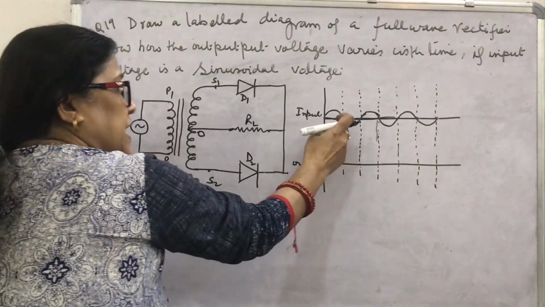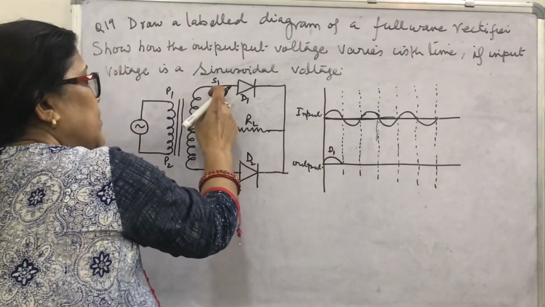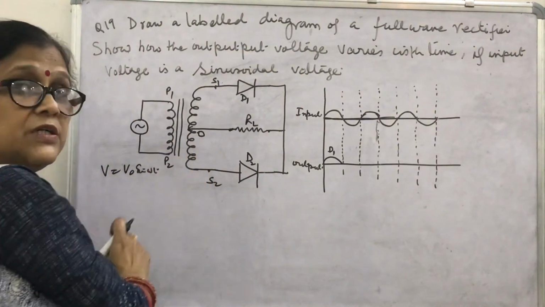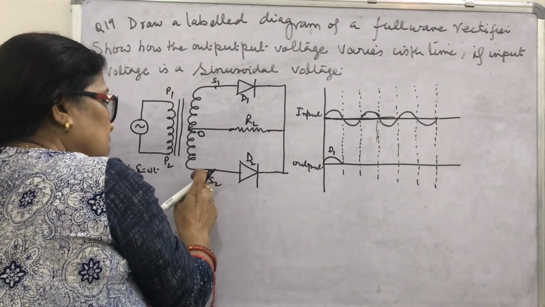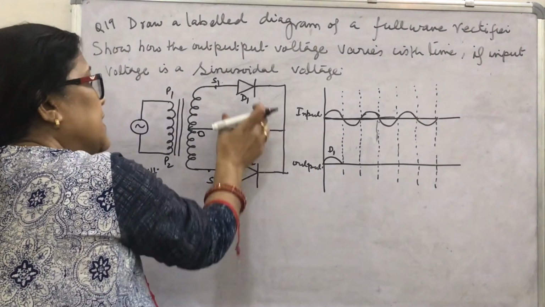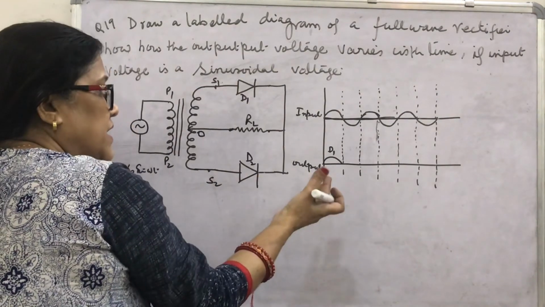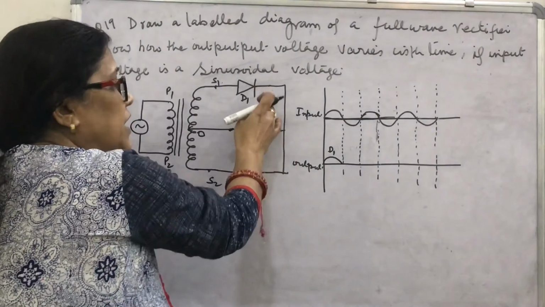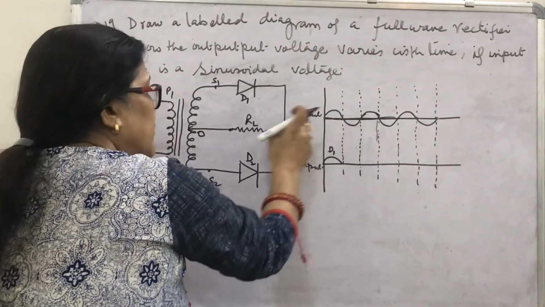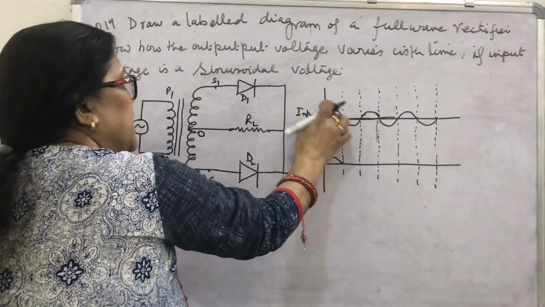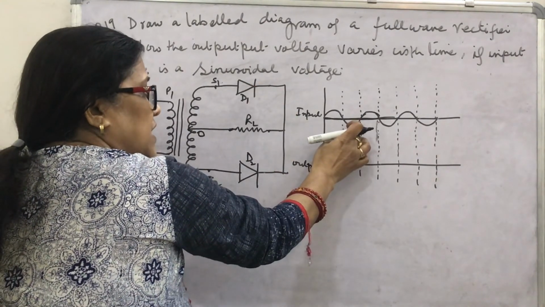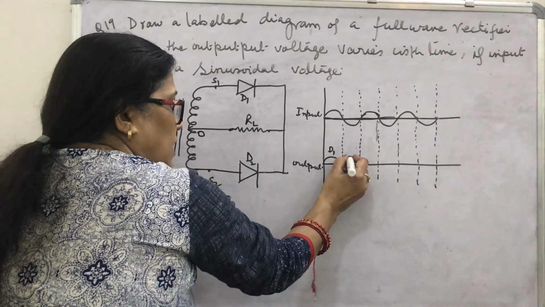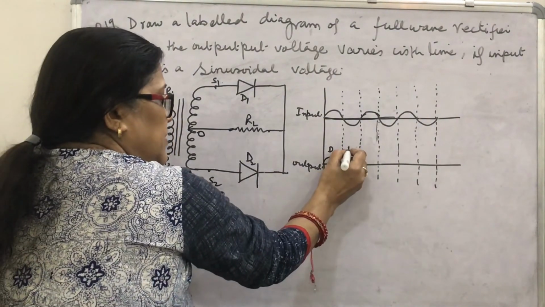Now in the second half cycle of the input, this negative half cycle, S1 will be negative and S2 equally positive. This is the role of central tapping. Now D2 will be positive, so D2 will conduct and D1 will not. You will get current due to D2. So you are getting current in the output due to one of the diodes. For the first half cycle, the positive half cycle, D1 conducts, and for the second half cycle, the negative one, D2 conducts. So you are getting output like this due to D2.